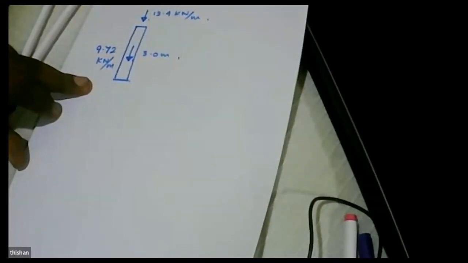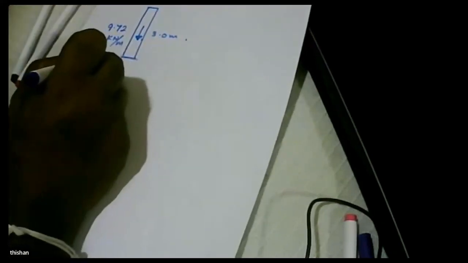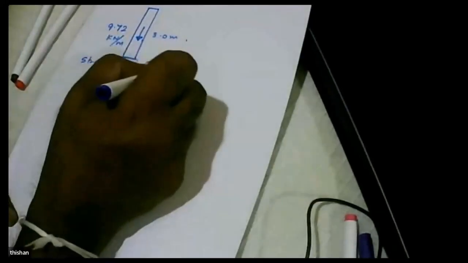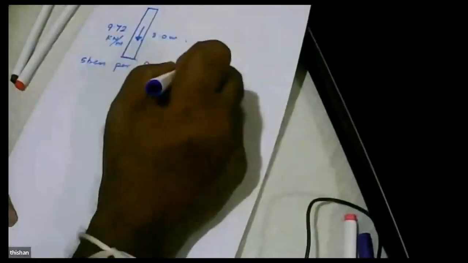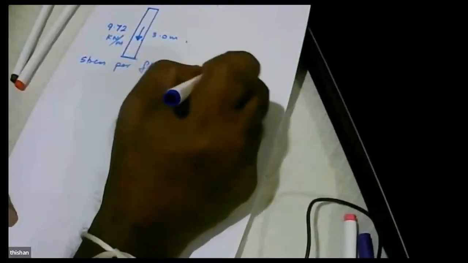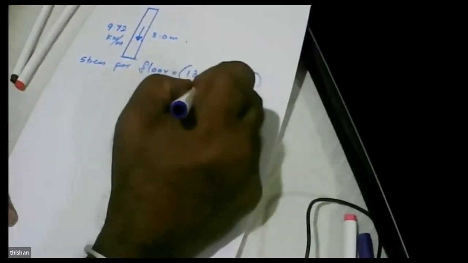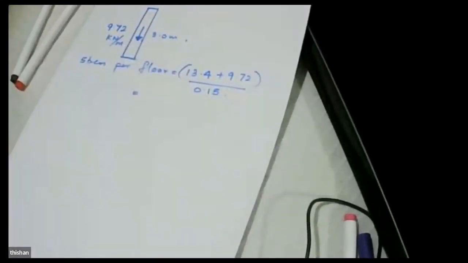So if you look at the total stress per floor, stress per floor, that is 13.4 plus 9.72 divided by 0.1. So that gives